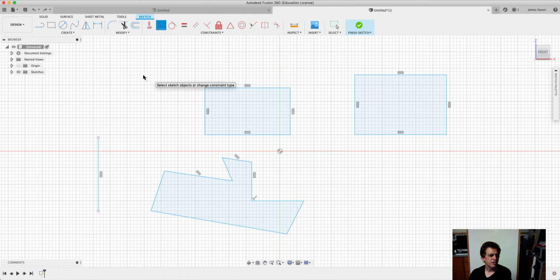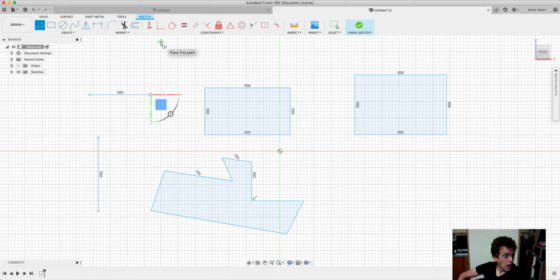You could think of this as L for line. You could think of this as connecting two endpoints together. Or you could think of it as putting an endpoint upon a line. So it's asking for the first point. So if I say I want this point and this point,